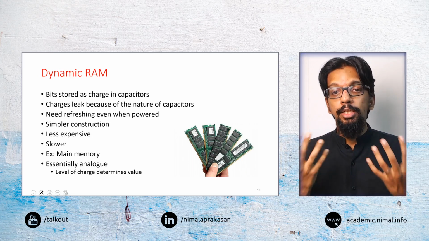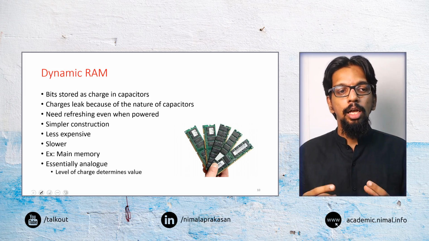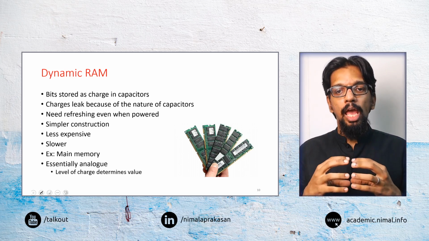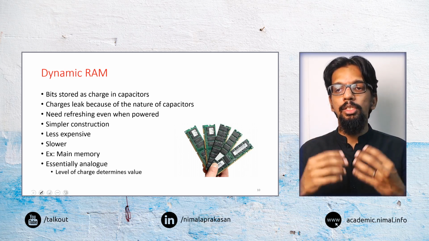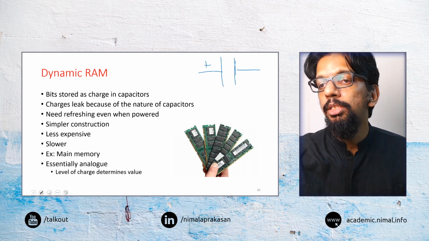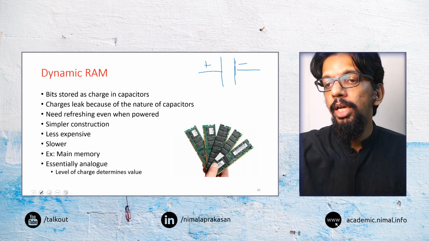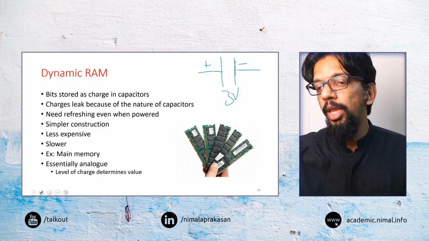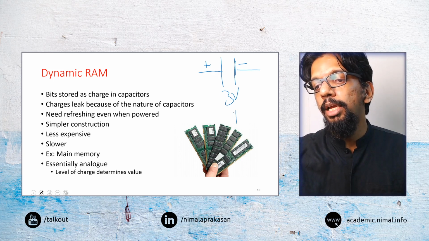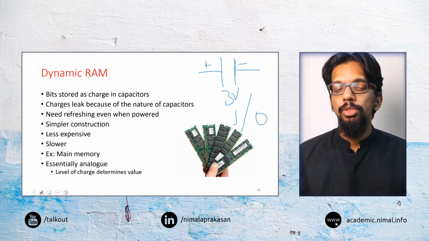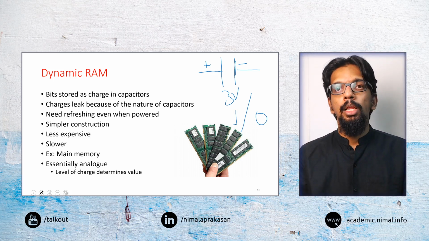And if we take dynamic memories, they are constructed using capacitors, and the main problem they have is that capacitors will lose their charge over time. So a basic capacitor is something that is charged between a positive and negative at a particular set voltage. So let's say if it is a 3 volt capacitor, it will charge to 3 volts. When it is 3 volts, we will consider that as the bit value 1, and when it is 0 volts, that is the bit value 0. So that is the 0 and 1 in the memory storage.